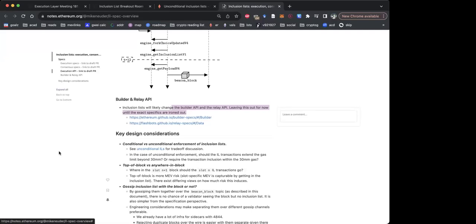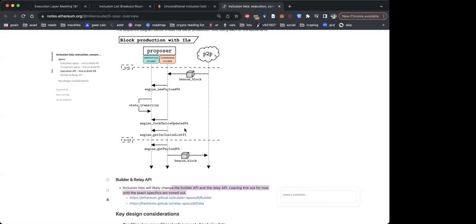Roman, could you repeat? I didn't get this. So you're saying we should call get payload right at the start of the slot. We're gonna get an empty block, but an inclusion list. And then if we call later, we're gonna get a different block and with an inclusion list that might be different now, and it's not going to have any collisions. Is that what you're proposing?